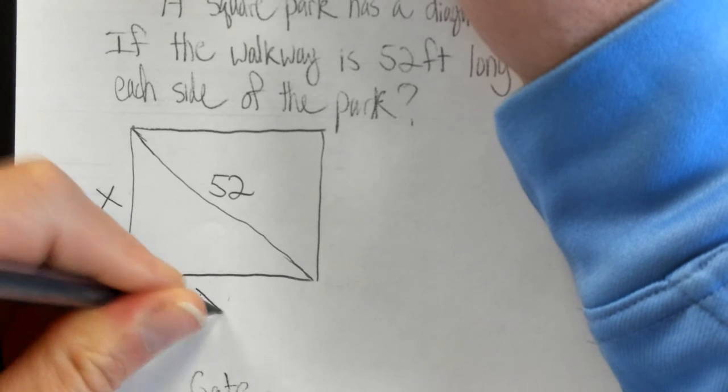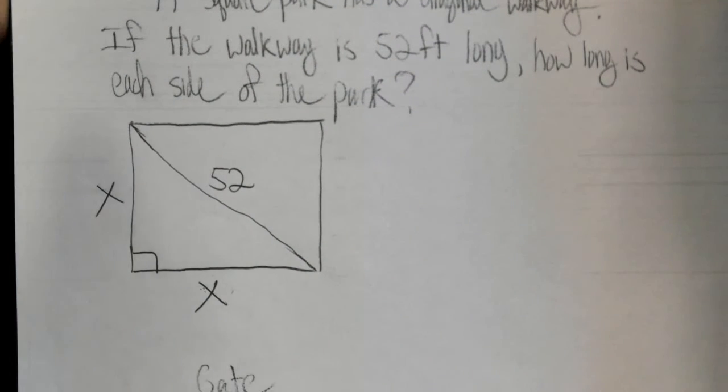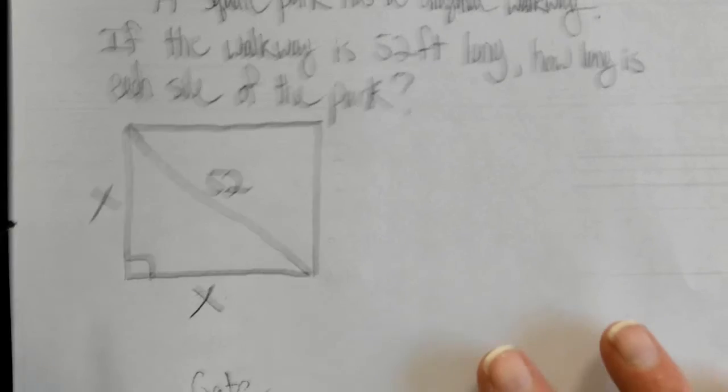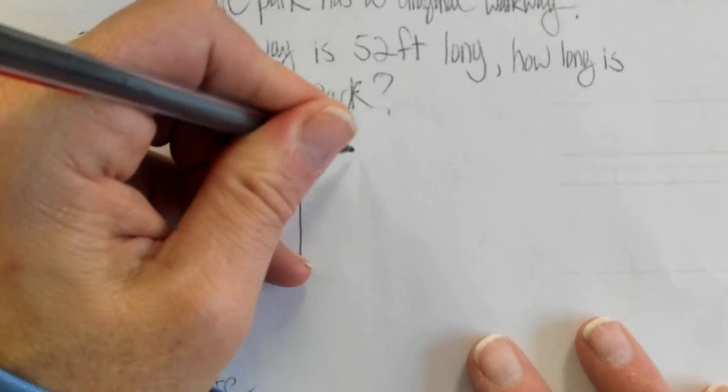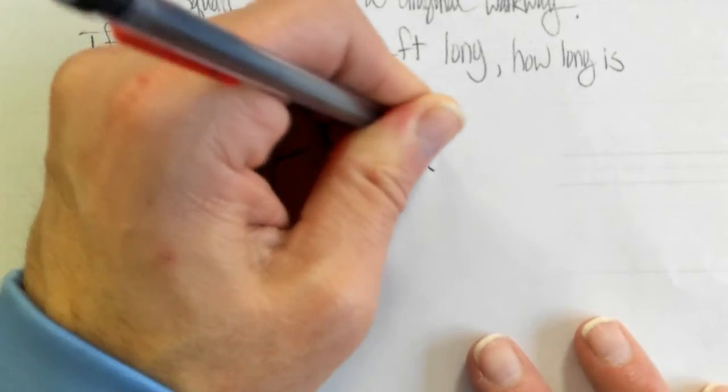So I'm going to label them both as x. And you'll see why we're able to do it. Because now we've got both things in terms of x. If you've got both things in terms of the same variable, then you can do it. All right, so what can we write? x squared plus x squared equals